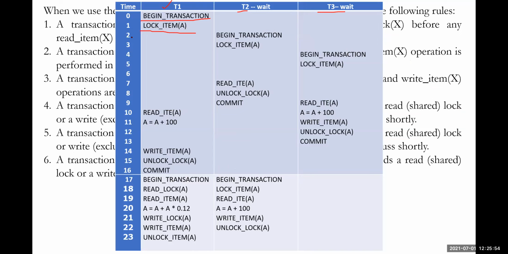So observe, at 0th time transaction was started by T1, at one time the transaction has taken the lock, so interleaving can happen. Interleaving in the sense that it is going to begin transactions at delta T2 and delta T3. Transaction T2 is trying to acquire the lock on A, which is already held by transaction T1, so it will be put into waiting state. Transaction T3 also does the same.